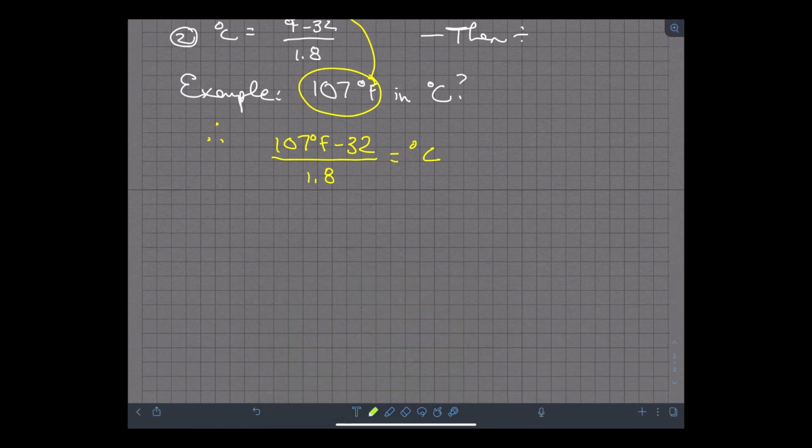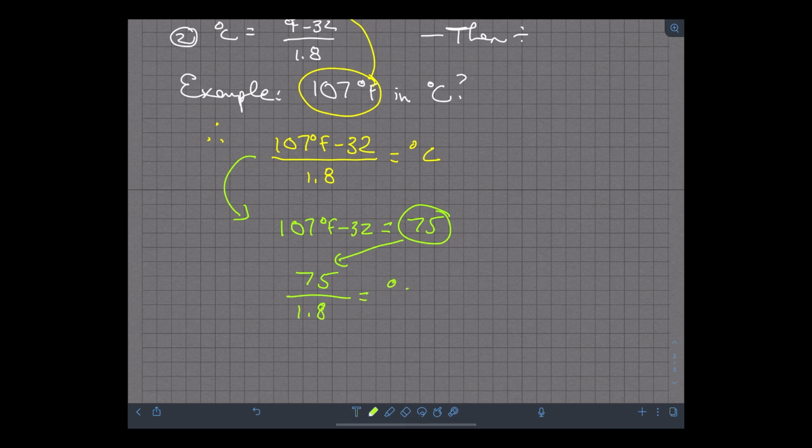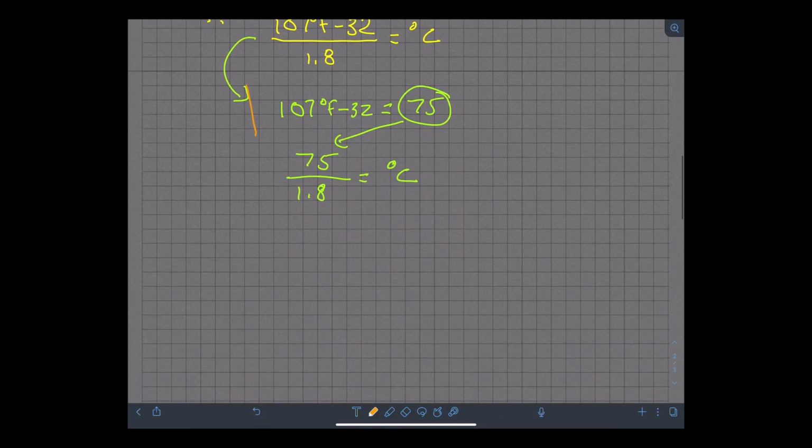And here are the operations. 107 minus 32 is equal to 75. And then that result divided by 1.8 is our answer. So we'll just take an extra step. Changing the color, 75 divided by 1.8 is equal to degrees Celsius, which in this case is